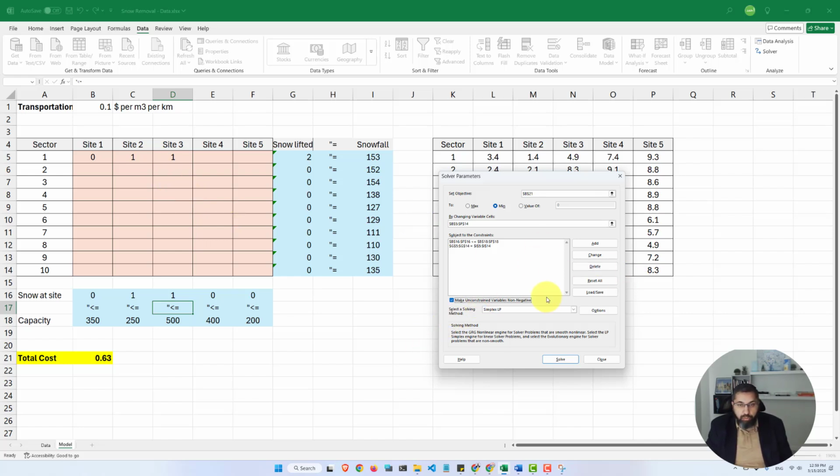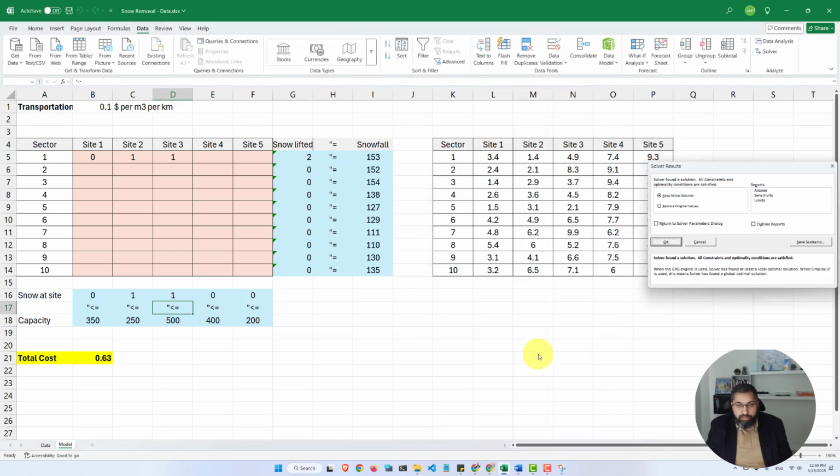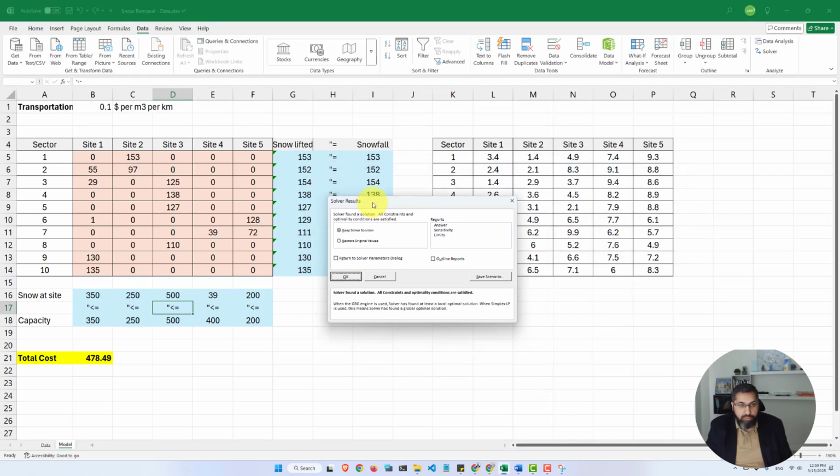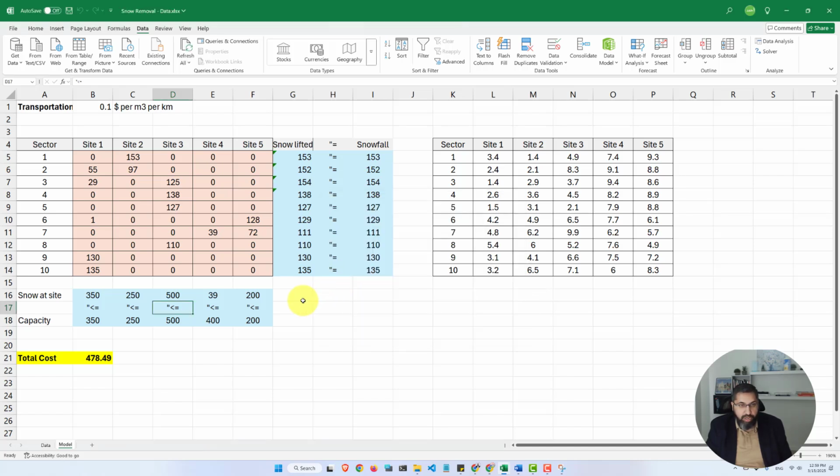So I'm going to avoid that. And if I set everything up, let's hit solve. It says solve found a solution, all constraints were satisfied, and here is our solution. It's going to cost us $478. Okay,